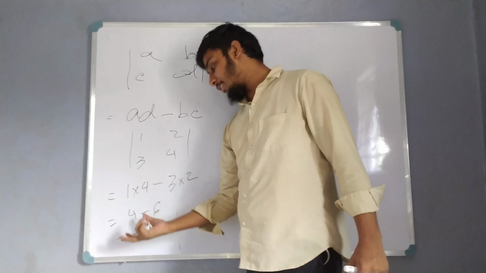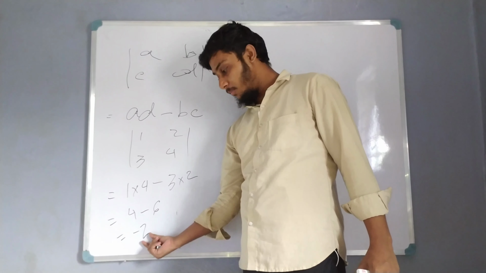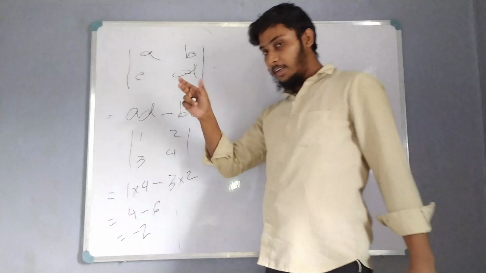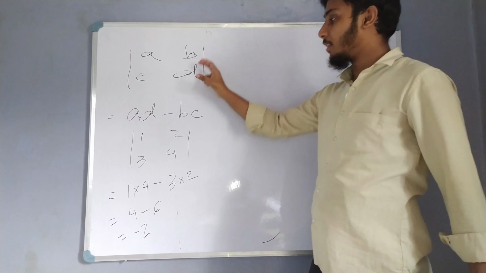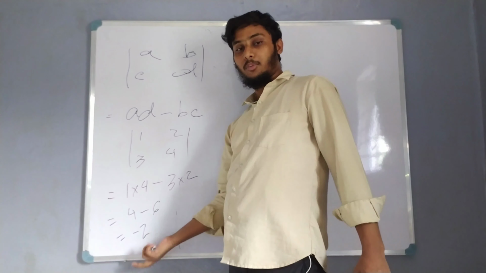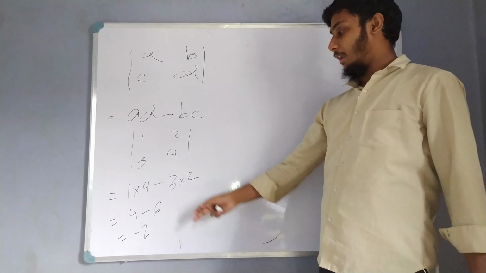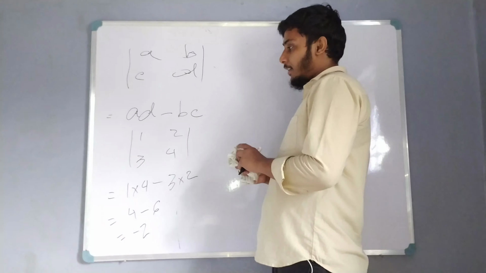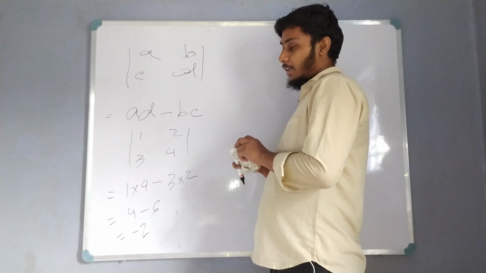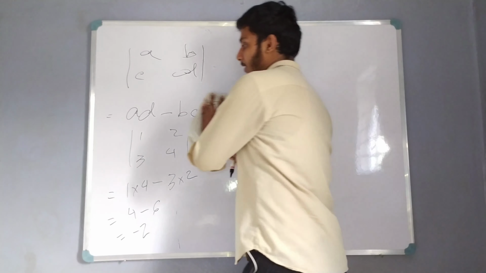So you can see that determinant is nothing but a single number, but which is written in some complicated form. After expanding the determinant, we get a number. We can get a positive number, negative number, and even 0. So this is second order determinant and expansion of second order determinant.